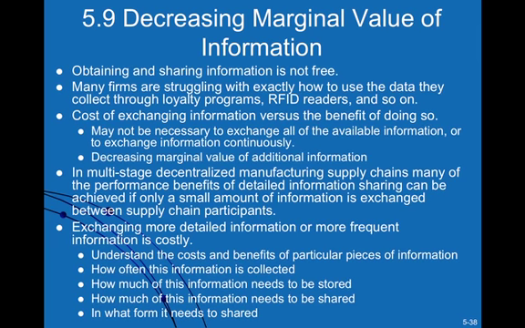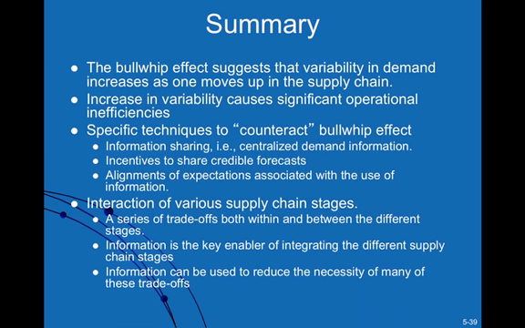Just something to keep in mind: at some point in time, too much information is not good. It's good to have information. It's good to share the information to allow for better planning. But information collection is not free; it comes at a cost. And so it's important to determine what information is absolutely necessary to be shared among the supply partners so that you get the best bang for your buck. In other words, you don't want to overspend on the creation of information that is of little value in terms of reducing supply chain costs.